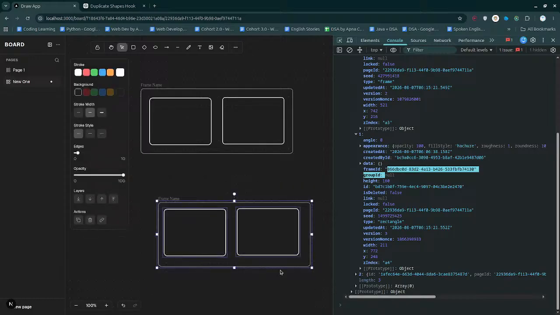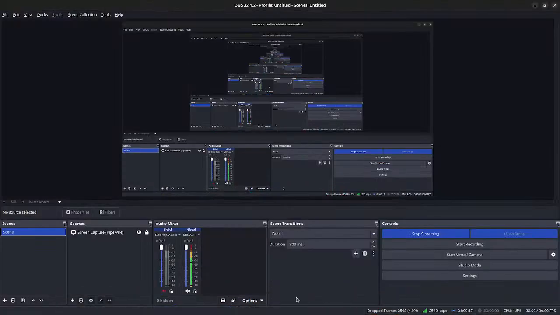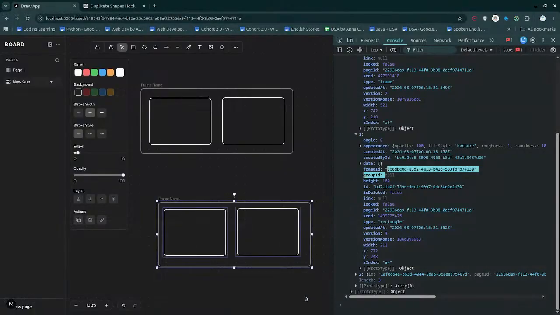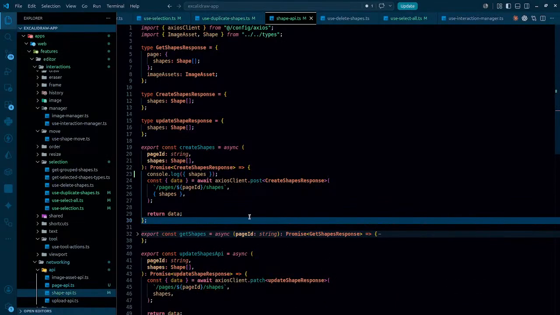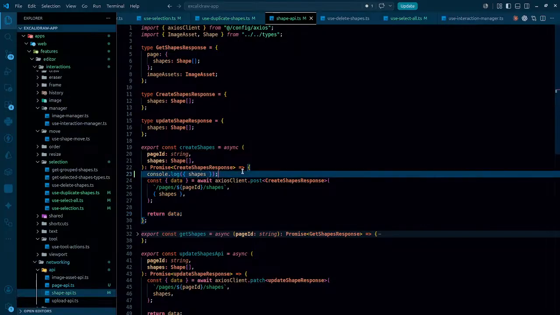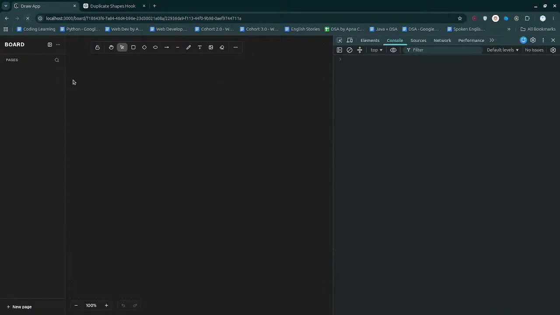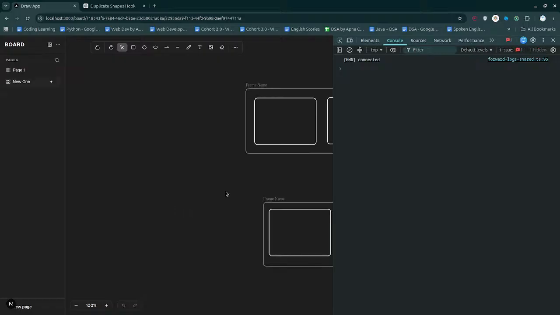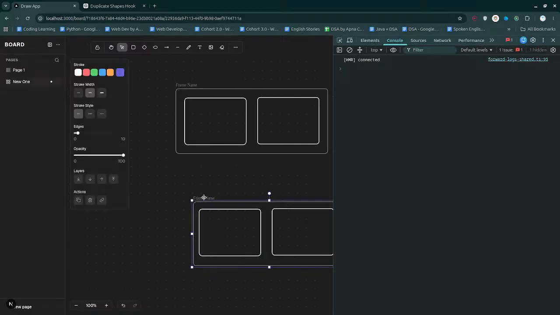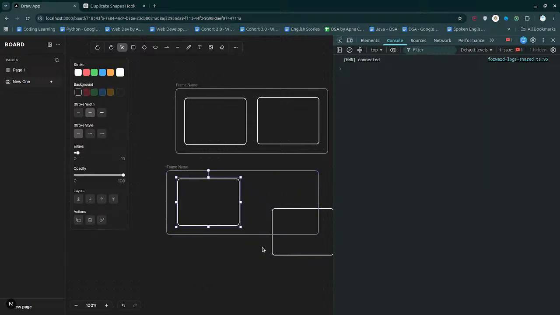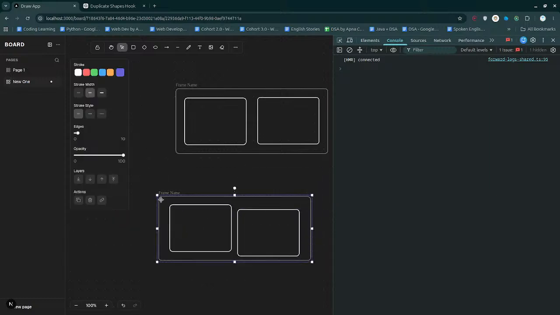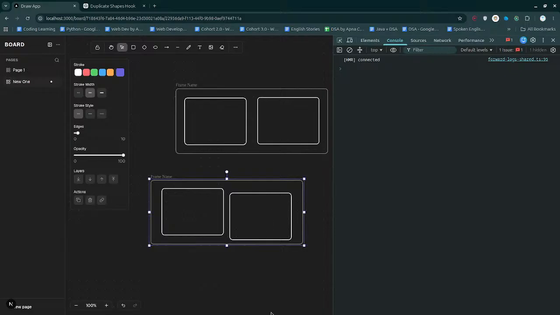Anyway, I'm going to take a break for now, and we'll be resolving it later. Right now my mind is completely blank. From my side I'm doing everything right, and we even have the right data being sent to the backend, and especially when we reload the page, we are getting that kind of data only. But still the frame doesn't have those shapes, but here we are. Now they are going to be part of that. So this is something we still have to resolve,